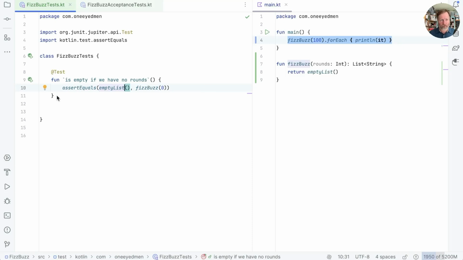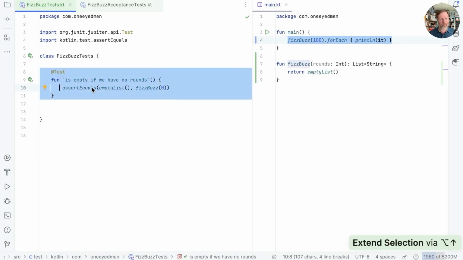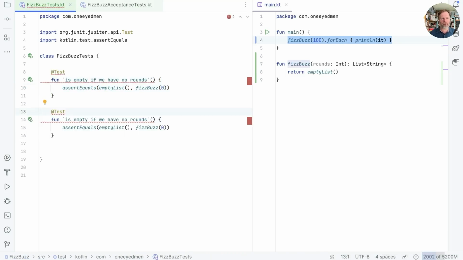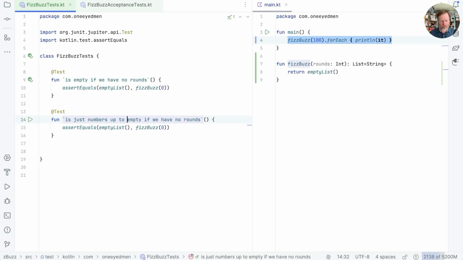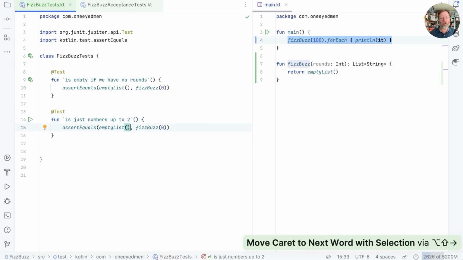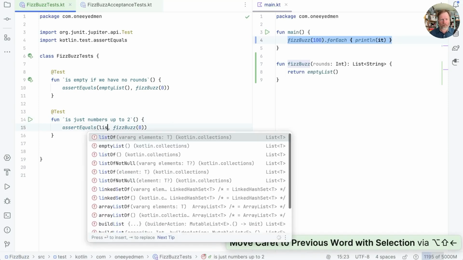Let's add ourselves another test. So I'm going to take this thing and duplicate it. And now what's another simple thing I can do? I think I could just take the first couple of numbers. So I'm going to say is just numbers up to 2. So if I go up to 2, this is not an empty list. It's a list of